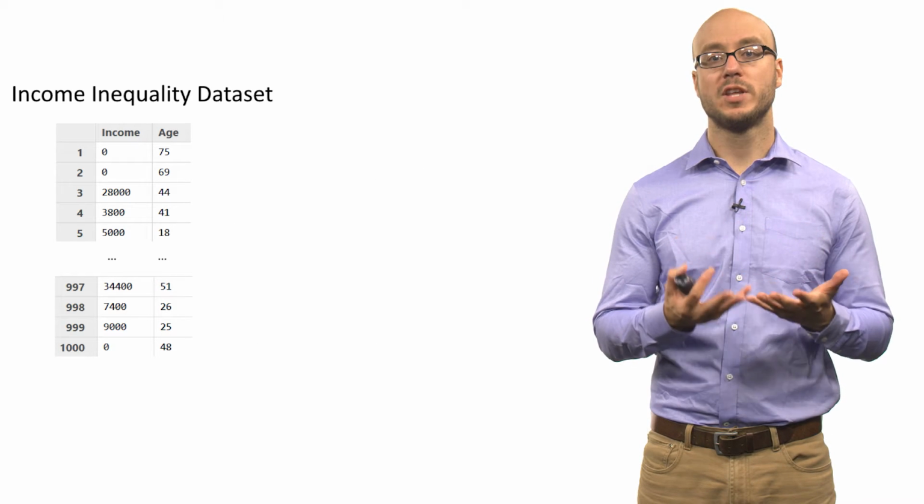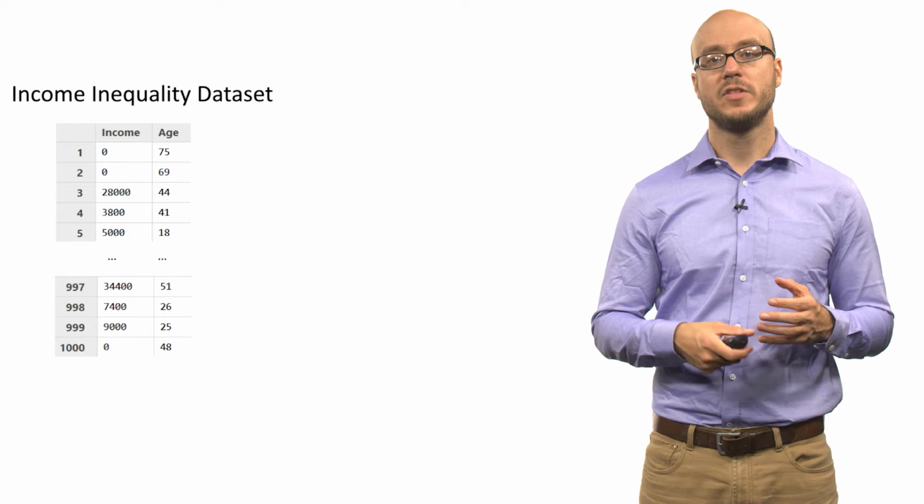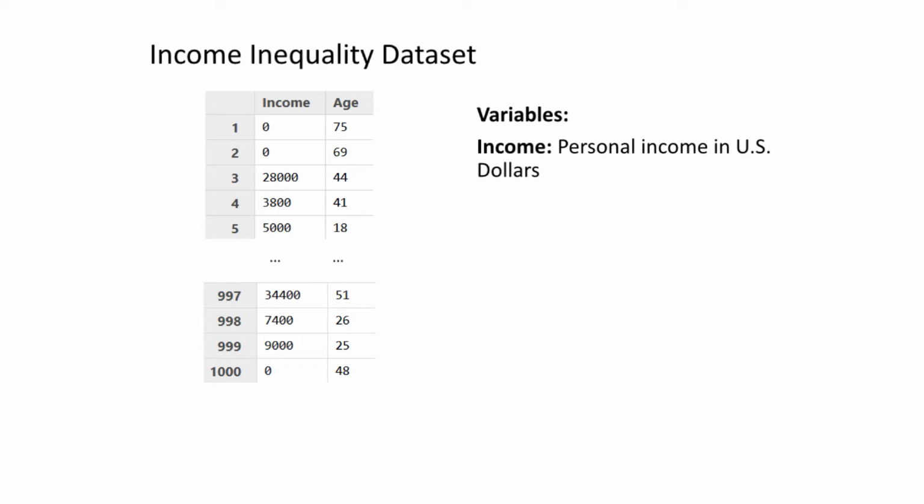So what is the typical income in the United States? This is a recent data set, an actual set of data on adults in the United States. In this data set, we simply have two columns, two variables. The first column is income. This is the personal income in US dollars in this sample of Americans. And then we have age in years. You can see that we have about 1,000 people in this